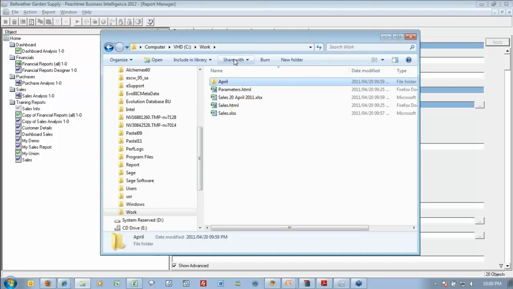You need to make sure the folders are set up. It won't do that automatically in the saving process. But that will give you an automated report storage system,